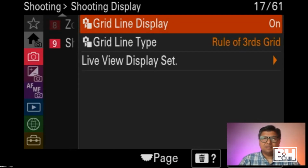Two, the camera may say you're perfectly level, but sometimes the water line or the tree line makes it look like the image is a little tilted, even though it isn't. Gravity-wise, it isn't. I love having that line because then I can align the line exactly to what I think should be the straight line in the horizon, what I think should be the straight line in the tree, and use that as my frame of reference,